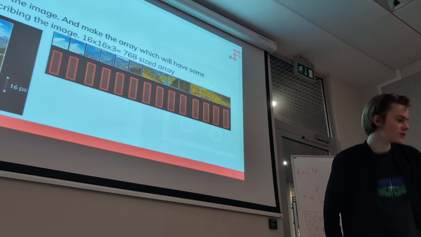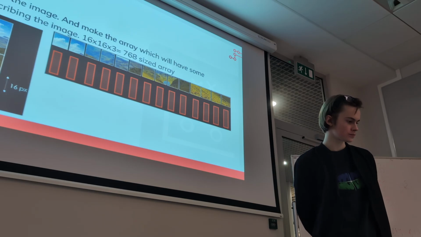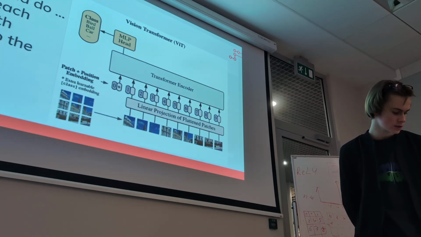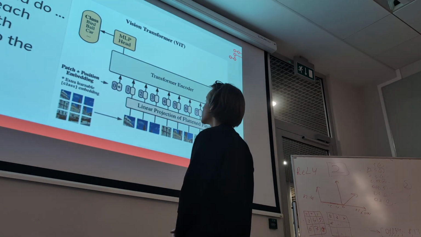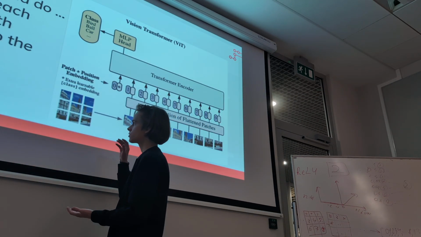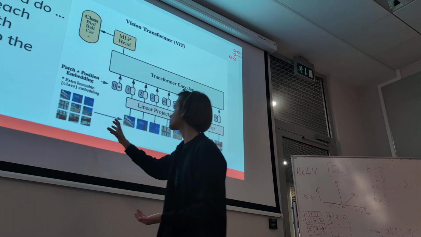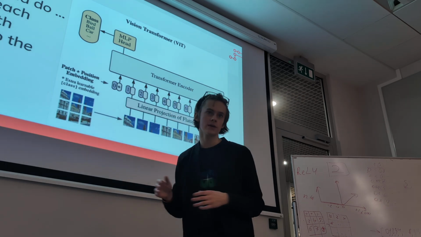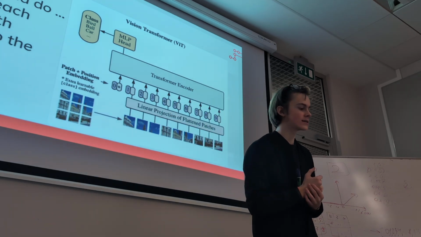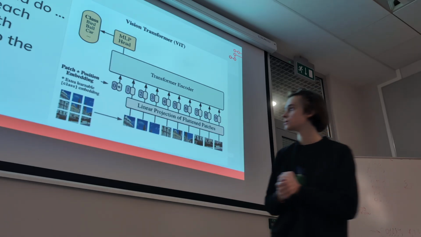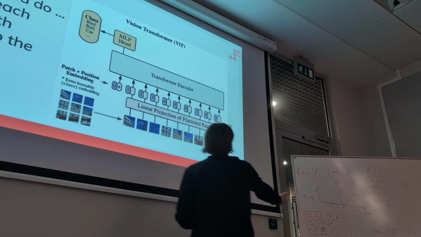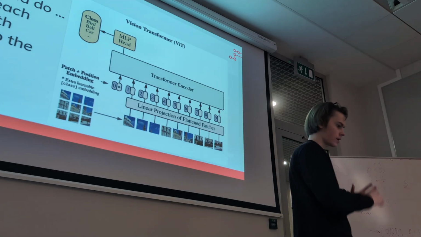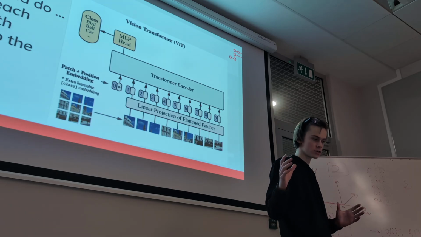So the first step in vision transformers is, I'm gonna switch between the slides for the sake of simplicity, we just crop our image into patches. Different sizes of patches. Regularly it's like a 16 by 16 patch, and we just align them the same way we did here. So we get some array of pictures of patches,